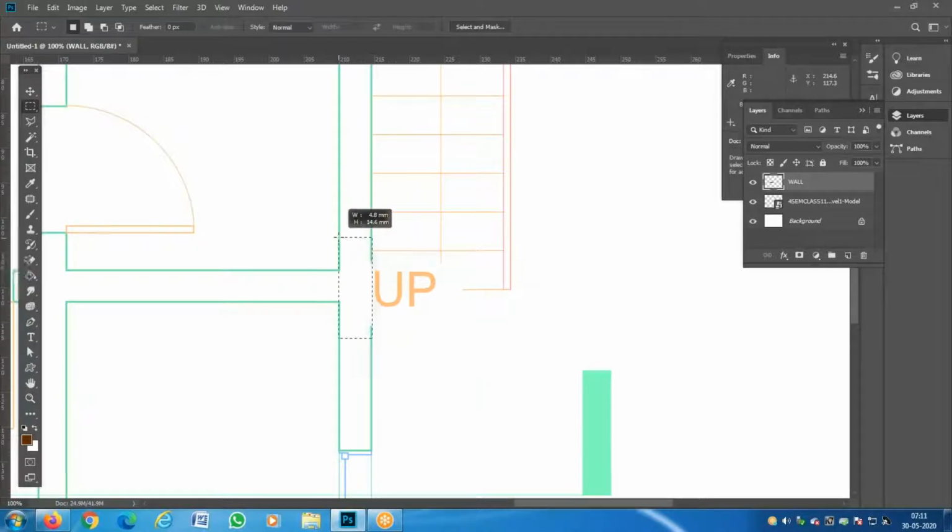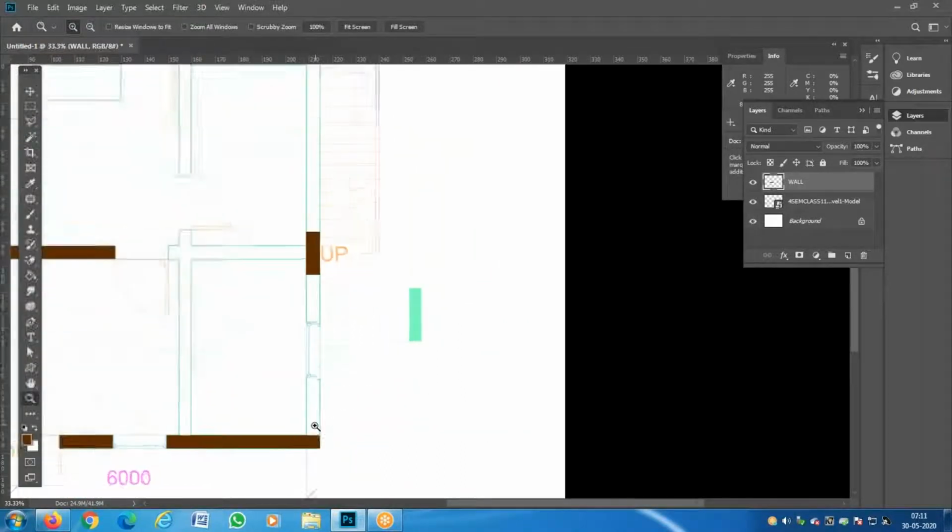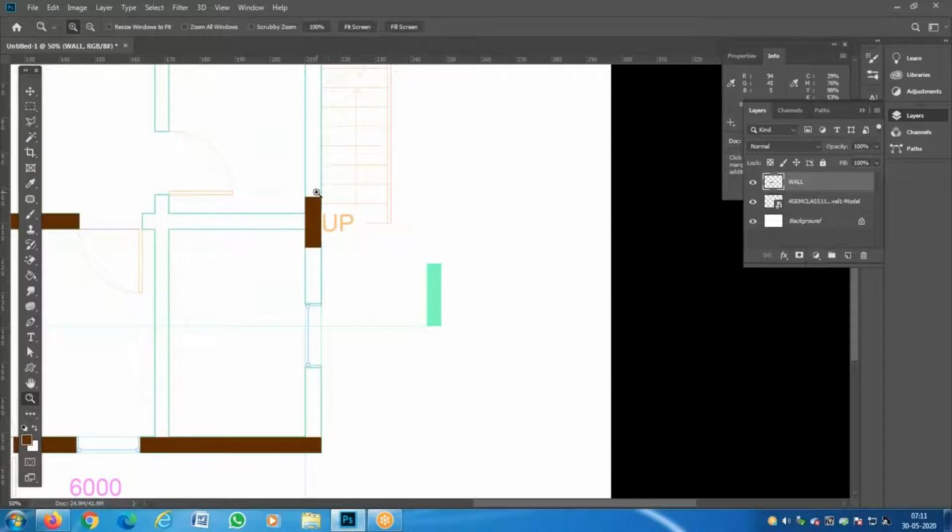I do all this in this wall layer itself. I don't go anywhere. Do this in the wall layer. Why I did this: there were some open-ended areas here, so I just wanted to close them. So I did this. You can also